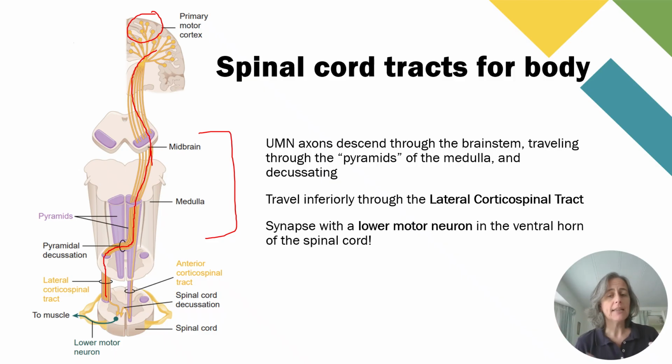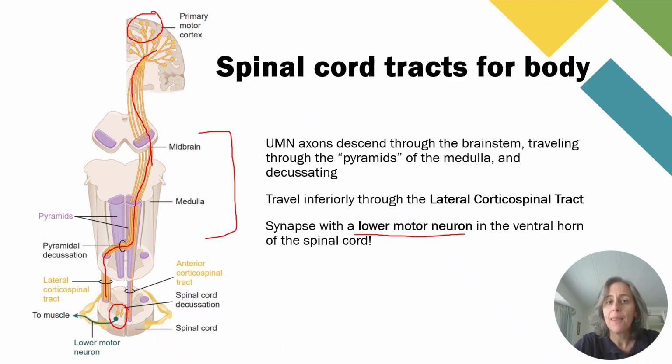Remember, the columns that we see in the spinal cord are white. They're made of white matter because it's myelinated axons. So here come those upper motor neuron axons traveling down through the lateral corticospinal tract until they get to the level of wherever the muscle is. So if it's a muscle in my upper extremity, then I know I'm going to come out somewhere where I get into that brachial plexus, yes? So somewhere in the cervical spinal cord, then I'm going to synapse right here with what is called the lower